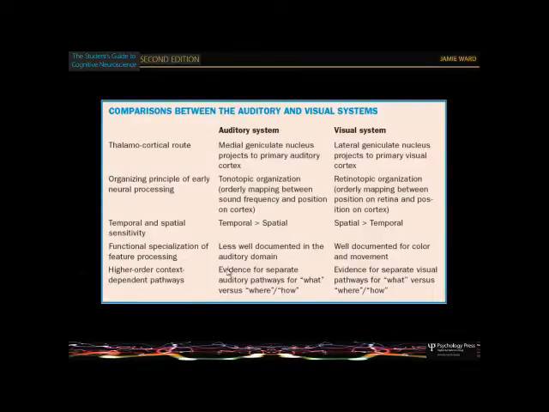You've also got different sensitivities. Your visual system is very good at locating where things are in space, partly as a result of that kind of mapping. In the auditory system, it's better than vision in some respects. It's very good at finding when things happen. Sorry, not where, when. So temporal is when. So counting of clicks or deciding how clicks are spaced in time. Your auditory system is very good at processing that kind of information.